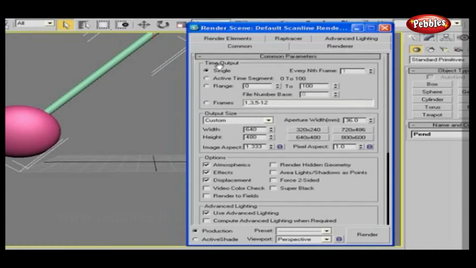The Time Output group provides all options to choose which frame you want to render. Single will render only the current frame. Active Time Segment is the current visible range of frames as shown in the time slider. Range includes all the frames between the specified numbers. Frames shows non-sequential frames separated by commas, for example 2, 5, or a range of frames separated by hyphens, for example 0 to 5. Output Size group provides options to select any of the predefined sizes or enter another size